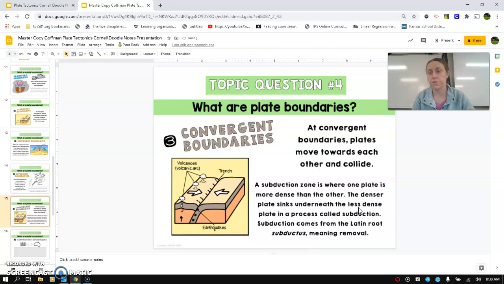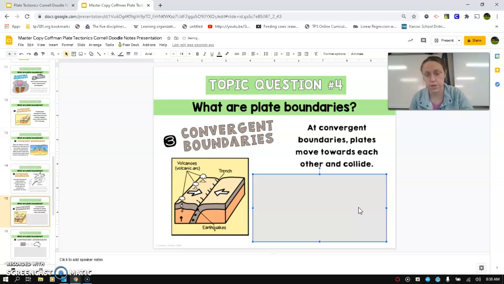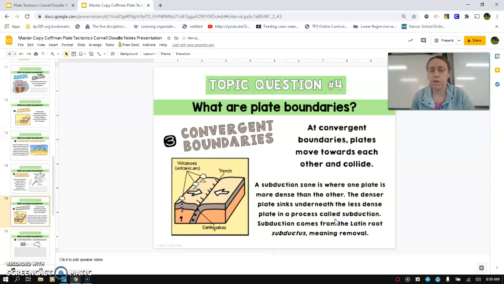We did not have a CK12 on convergent boundaries, and there's a reason for that, because there's three types, and we're having continental, oceanic, and then oceanic, okay? And we're coming together. The key word on this is subduction zone, where one plate is denser than the other. The denser plate sinks underneath the less dense, and the process is called subduction. Subduction comes from the Latin root subdux. All right, I'm going to